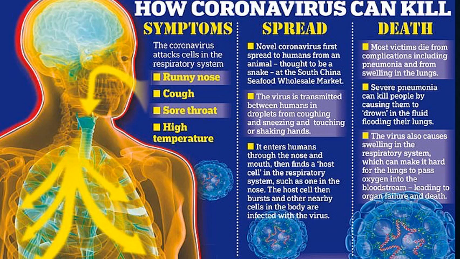The symptoms: the coronavirus attacks cells in the respiratory tract, causing runny nose, cough, sore throat, and fever. Spread: the novel coronavirus first spread to humans from an animal. They thought it came from the bats, from the snakes, from the raw food that they had eaten. The virus is transmitted between humans by droplets, from person to person, actually from coughing or sneezing,